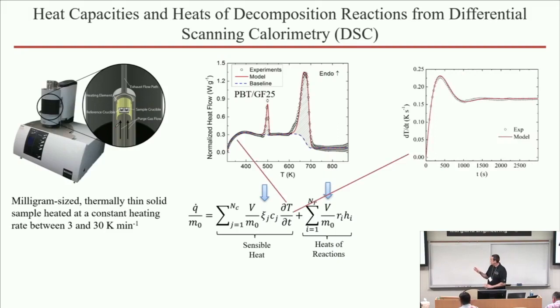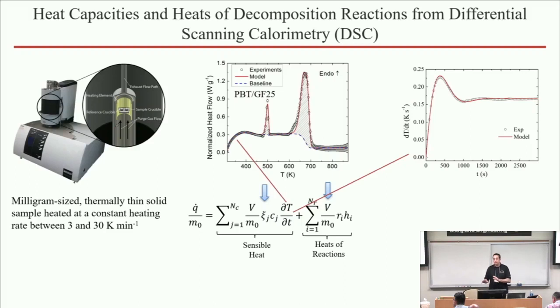We want to make sure that we don't make any assumption about this test. We take into account the fact that in this test, the heating rate is not perfectly set, which allows us to extract heat capacities of the sample near room temperature. When we get it all together, we have a model that successfully predicts the heat flow throughout. Okay? So this is associated with parameterization of thermodynamic reactions that occur inside the solid.